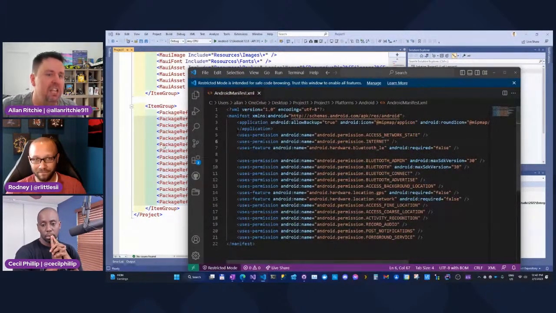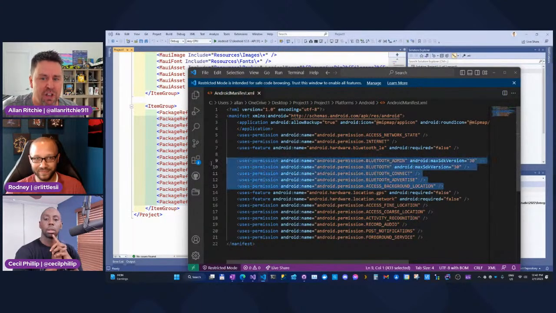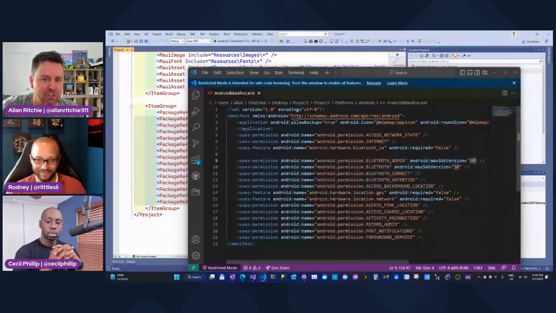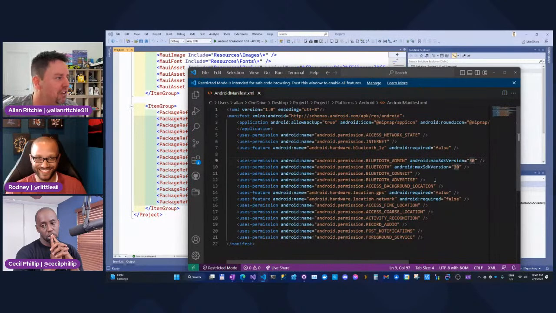Sure, it's installing Shiny, but it's also dealing with all this junk. And this is the stuff that, like I said, changes over time. Like Bluetooth, these permissions just in Android 12 flipped upside down, and people started reporting the very next day, hey, Bluetooth isn't working. Oh, it turns out that Android's gone and changed how this stuff works.